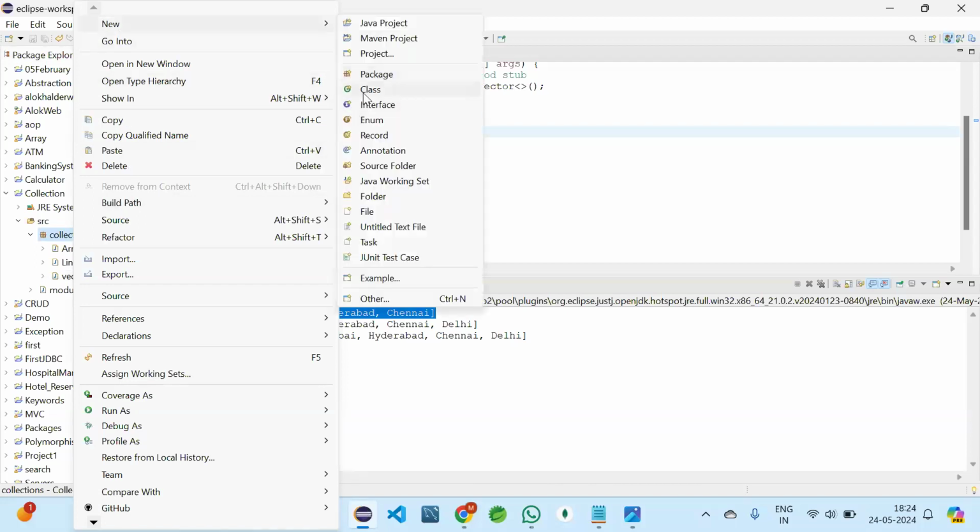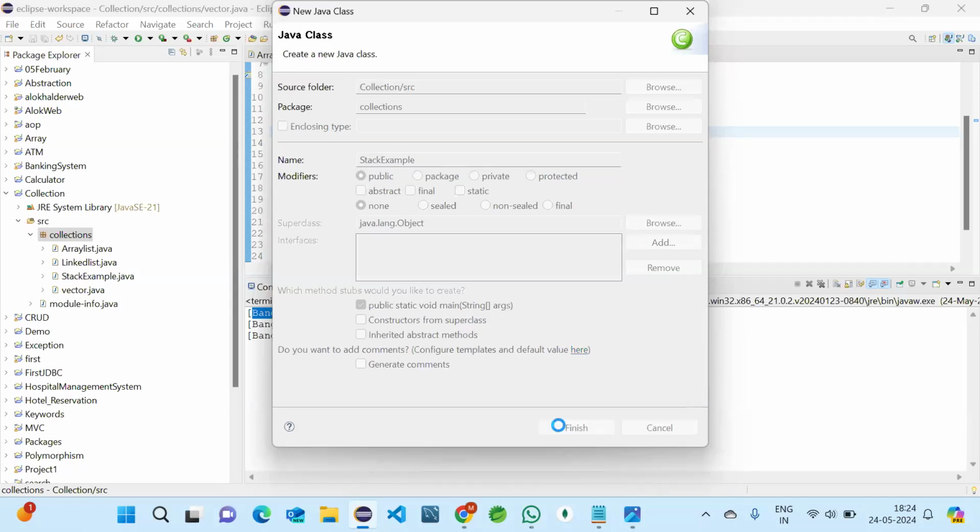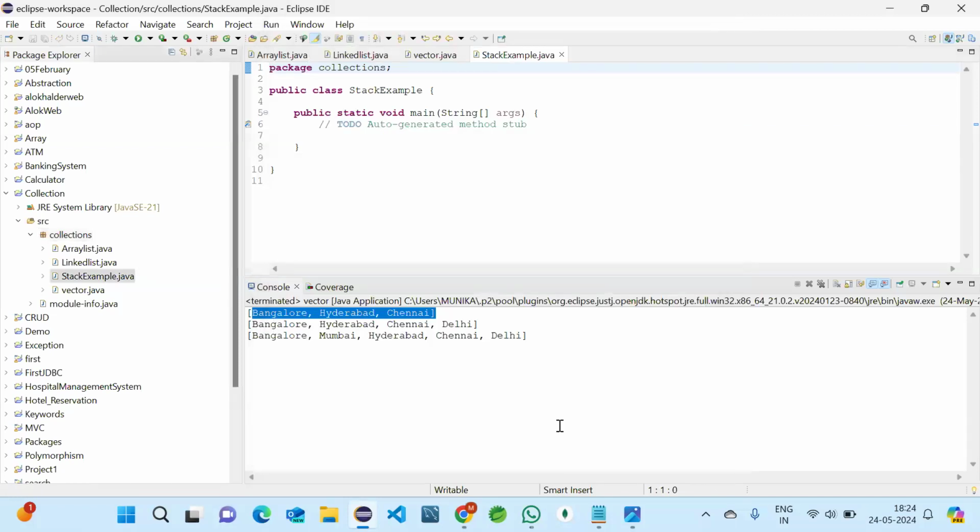We'll take a stack example. So now what we'll do is, first we should declare a stack, and then we should add values, then we'll perform operations from there.